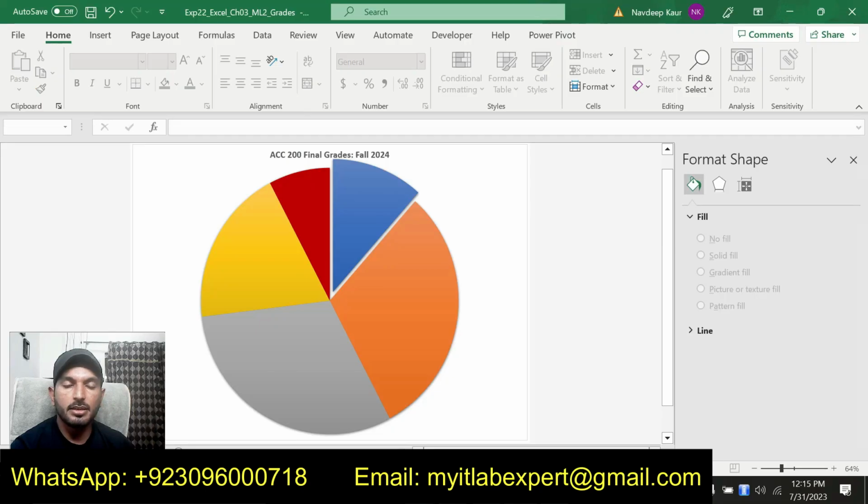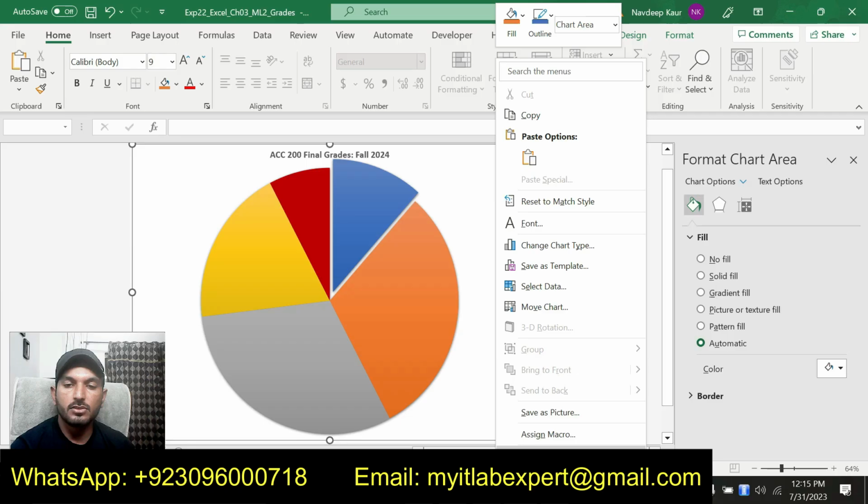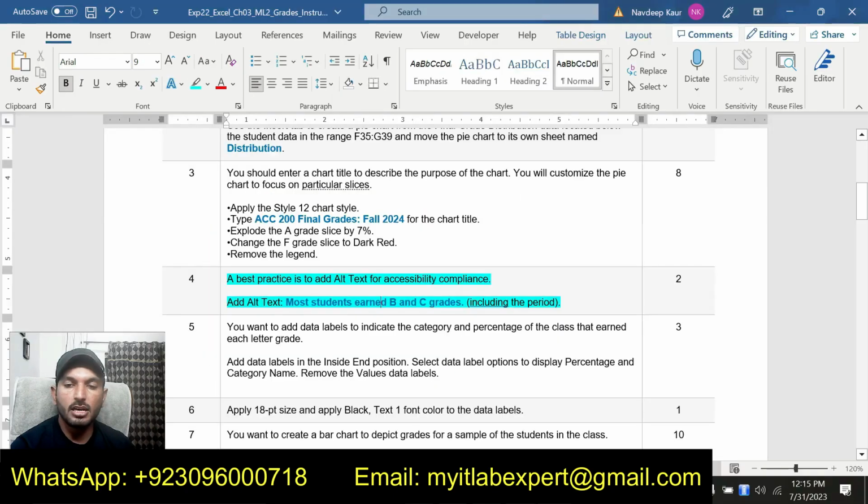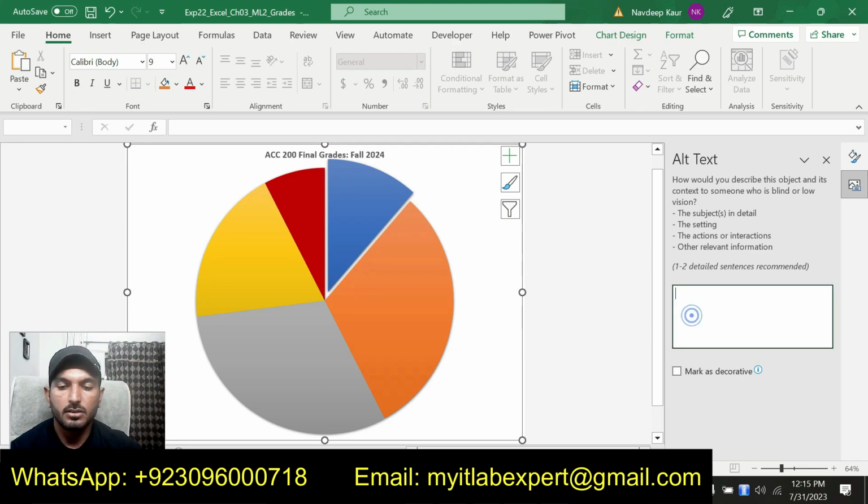So go to the chart again, right click outside the plot area and select view alt text. An alt text box will appear and we are supposed to type: Most students earn B and C grades, with a period at the end.